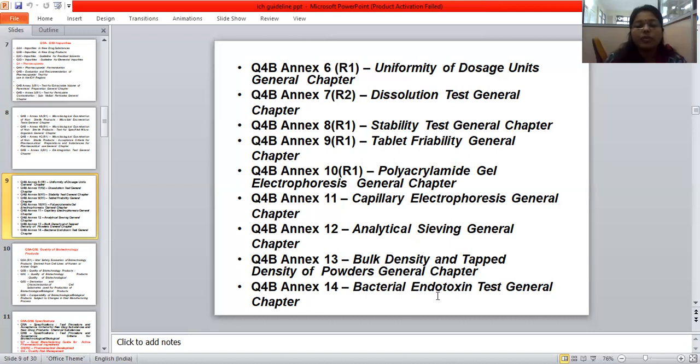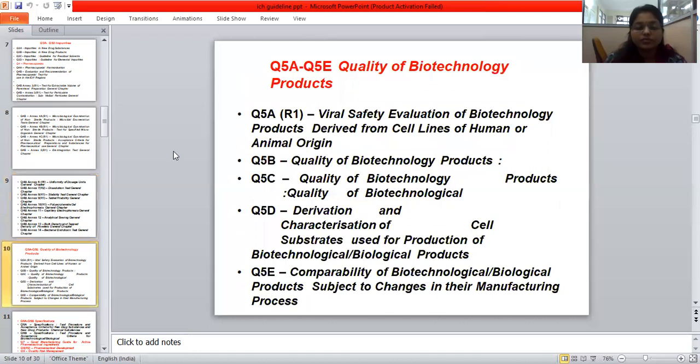BET test, you know, for the parenteral formulation, how we perform the BET test, the bacterial endotoxin test, is also given here: which media you can use, how to go for this bacterial endotoxin test, their specifications, everything is included in Annex 14. So this is our